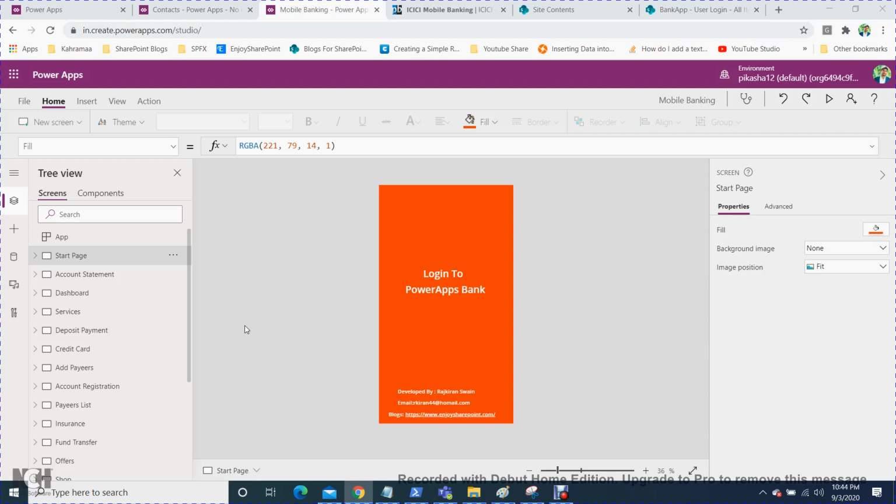When I try to log in, I compare my credentials to check whether they exist in the SharePoint list or not. If they exist, the user is redirected to the home page; otherwise it will show an error message. I'll show you the implementation of how to do this.